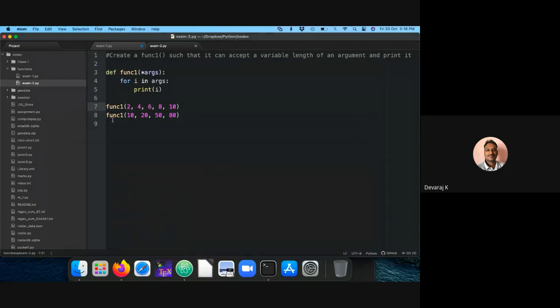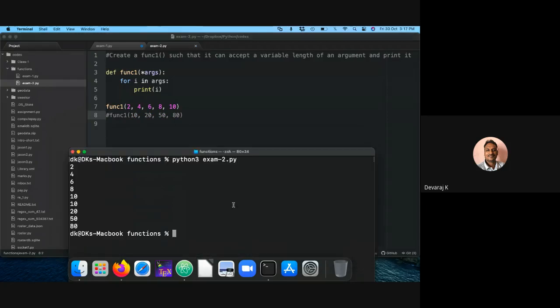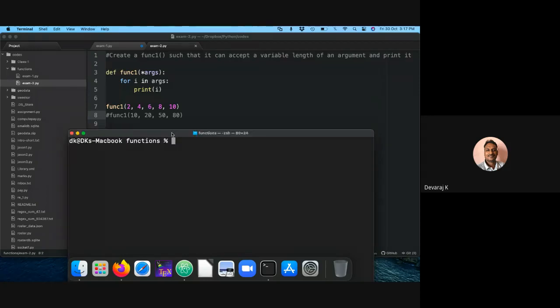Say if I print only one value, for example if I comment this, save and run it. Now if I run this code, see, 2, 4, 6, 8, 10, whatever arguments I have written, it is getting printed.